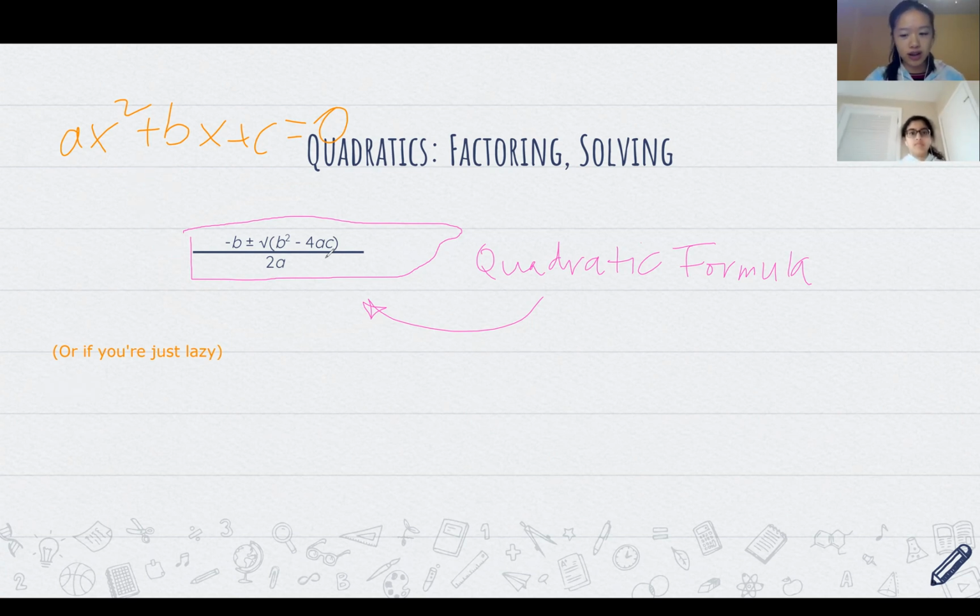And let me just point out something. This plus or minus, why would you guys think there's a plus or minus sign? Why would there be a plus or minus sign? It could depend on what it is. Because the square root of something can, never mind. I mean, you're pretty much halfway there. Yeah, basically the square root of something,